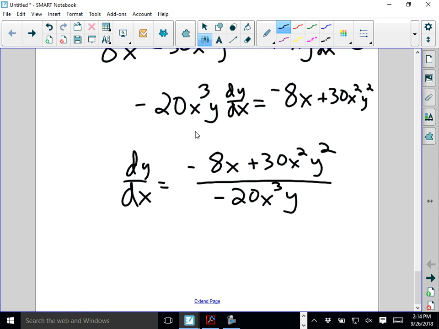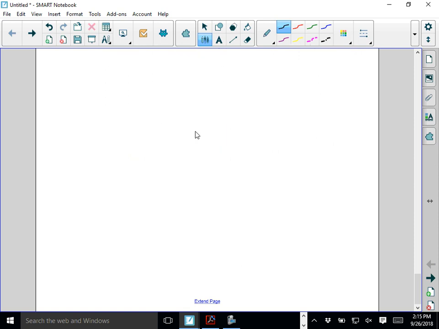Well, 8, 30, and 20, I know they all divide by 2. And I think that's the biggest number, right? Because 4 wouldn't divide 30. So I'm actually going to divide by a negative 2 here. I'm also going to divide everything by x, because notice every term has an x, but not every term has a y. So I'm going to divide everything by negative 2x. Oops. I got to do this quickly because another class is coming in. We get dy dx